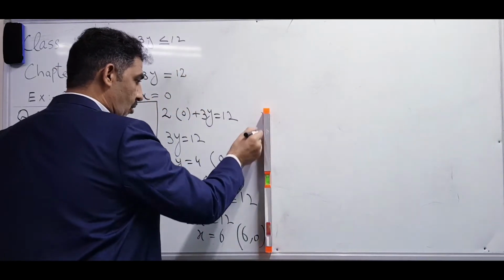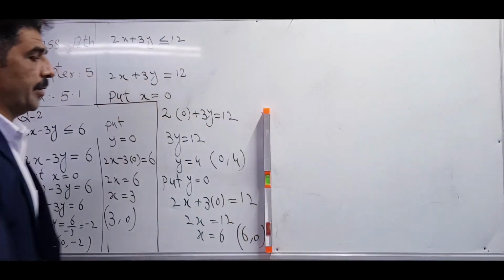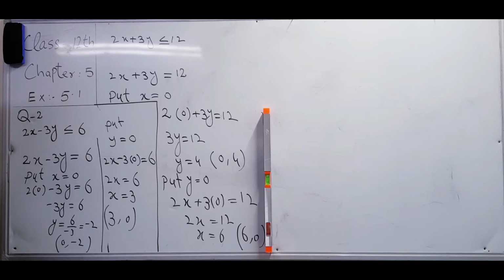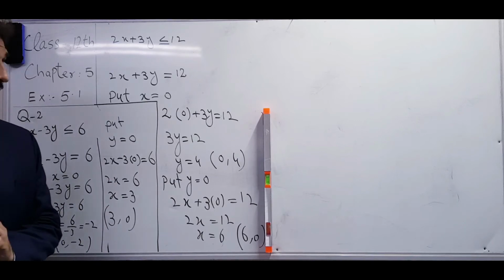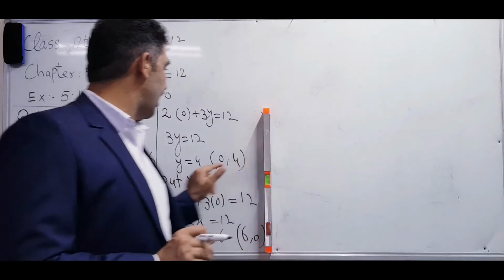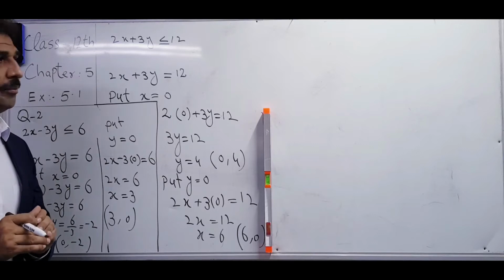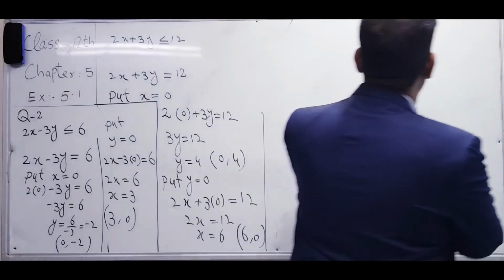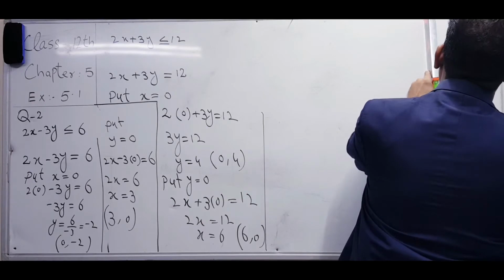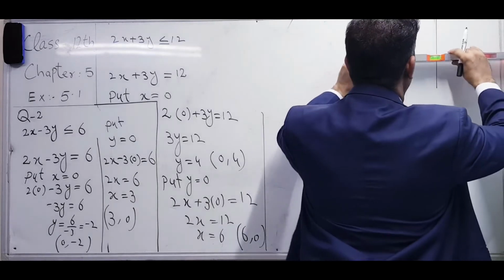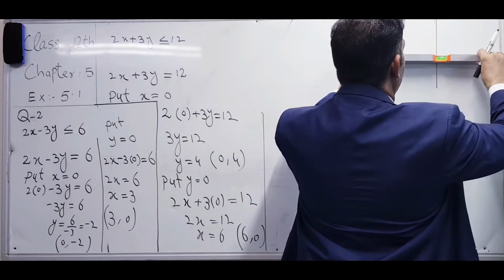After that we have to go on a graph paper. What will we do on the graph paper? Before combining, first you have to draw the single line graphs, then combine both graphs, then you will understand better. So first I will make the two graphs separately, one for this and one for this, and after that I will combine both graphs. So the first inequality, I am drawing the graph here. I am making a small graph because I have to make another graph also.